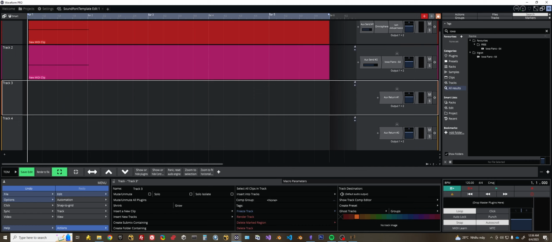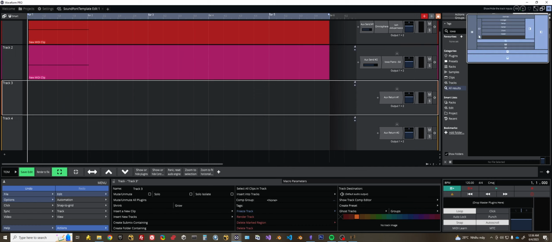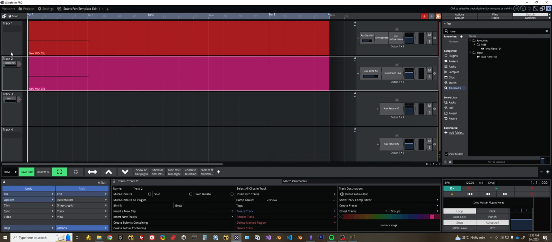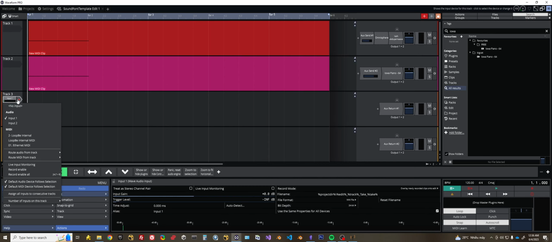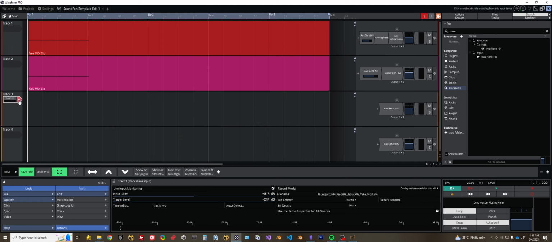We have to change the input here. I think I turned it off for now. Okay, there you go. Turn this back on here. Okay, turn this off to no inputs, and then here, we're going to change this route. This is from track 1, so we want track 1 to go into here and turn recording on to arm